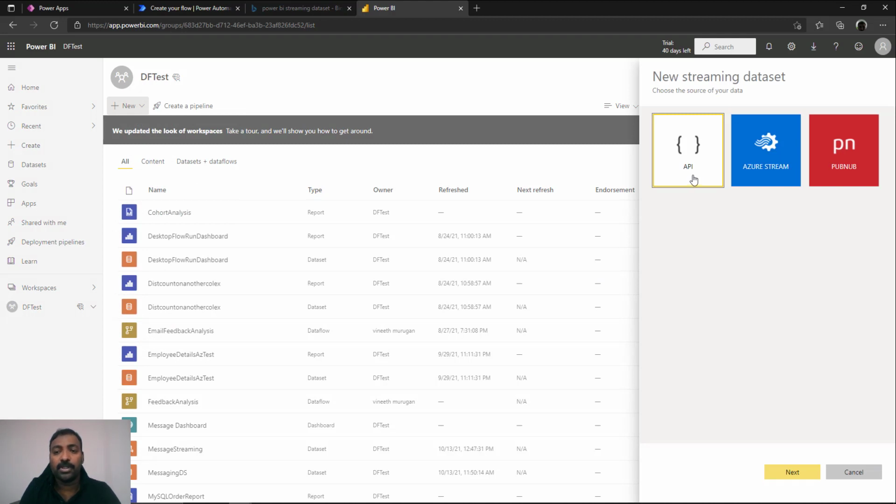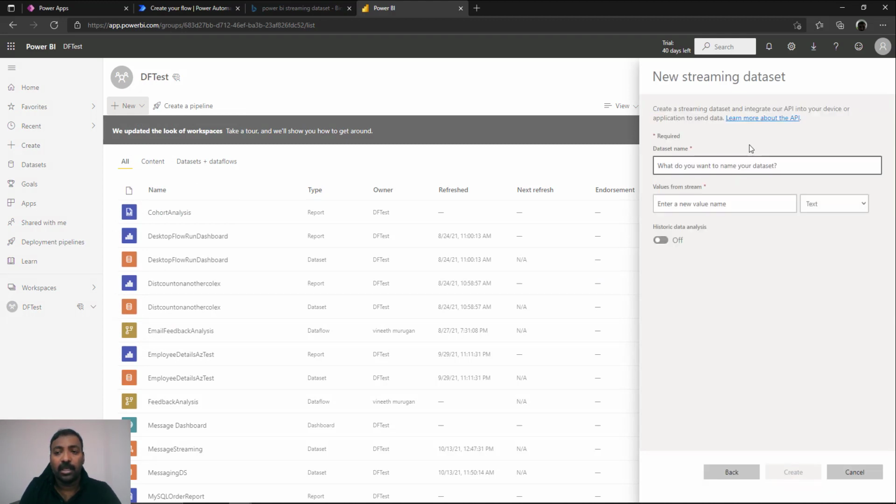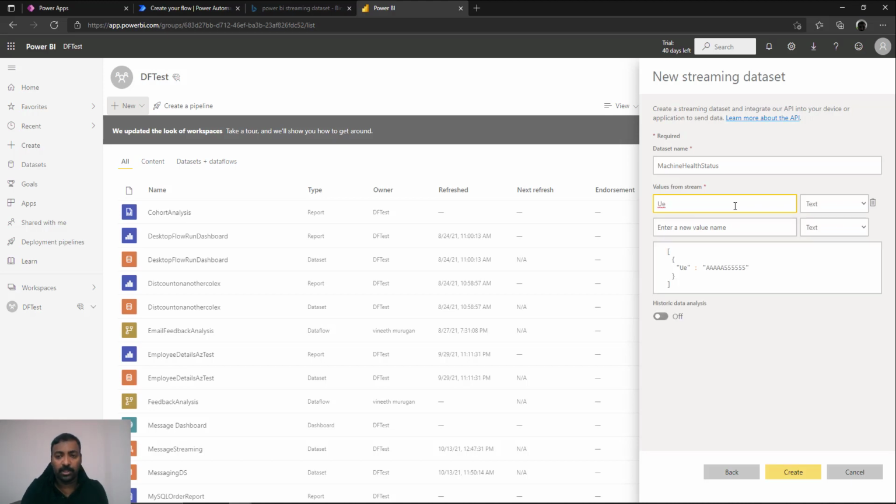So we need to choose the type as API, and you can give the name of your data set like Machine Health Status, and there will be three values which will be coming from the stream. One will be the user. This will be same as the ones that you are capturing from your apps. So user will be of type text.